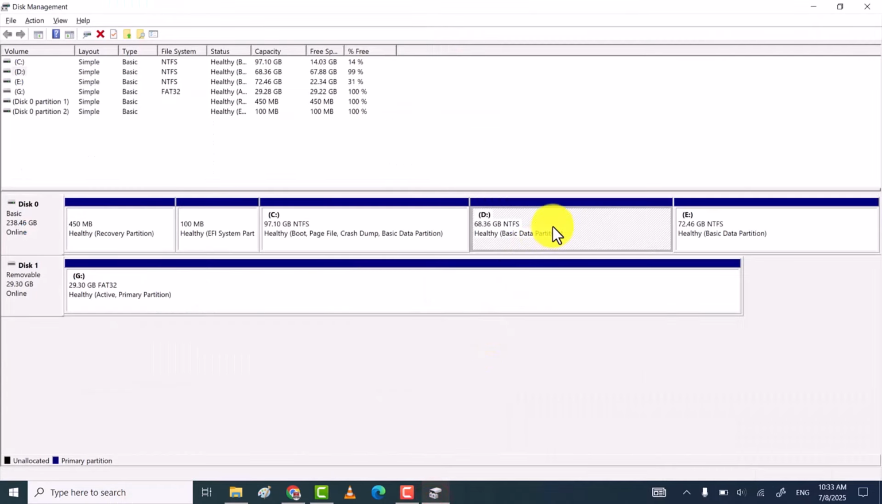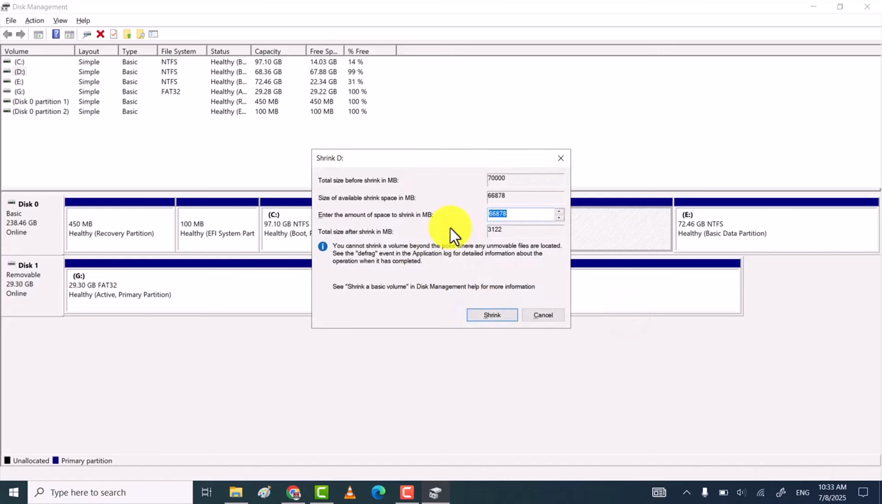To create a new partition, right-click on the drive from which you are going to take disk space, and then click on Shrink Volume. I'm going to create a new partition of 25 GB so that I can transfer the drive D data